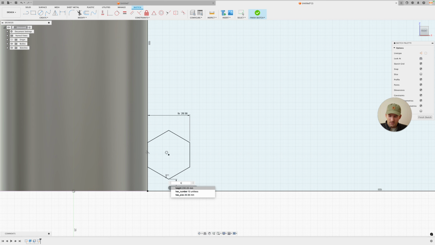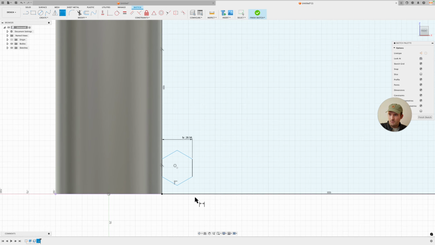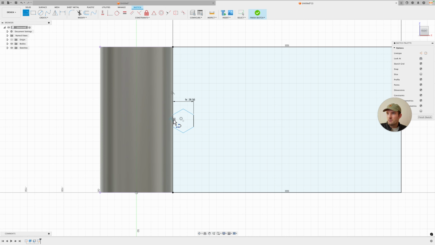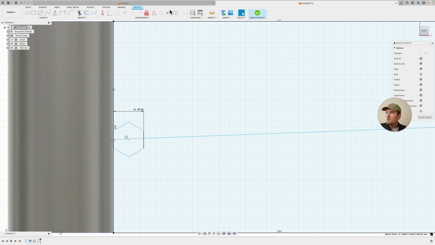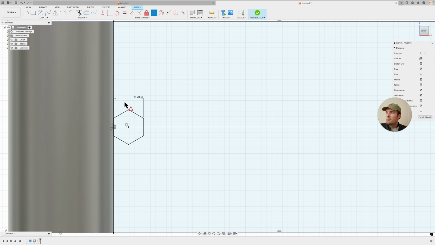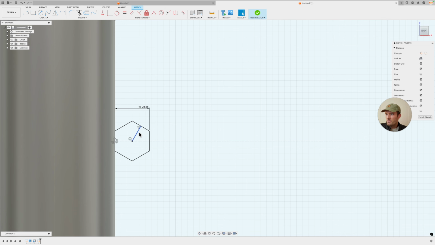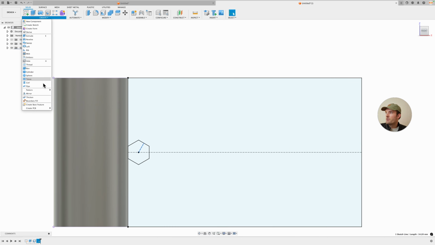So this is going to be hex. Actually, it's going to be spacing divided by, actually, I got another idea. Let's put this in the middle, and that way everything will be kind of symmetric, top and bottom. So we can just make this come across here, midpoint. All right, so now we have right here for our pattern, and then make that into a construction line. Finish sketch, and then create